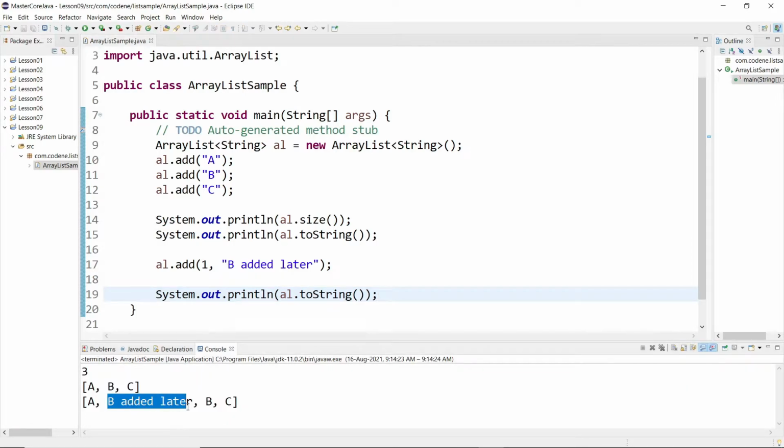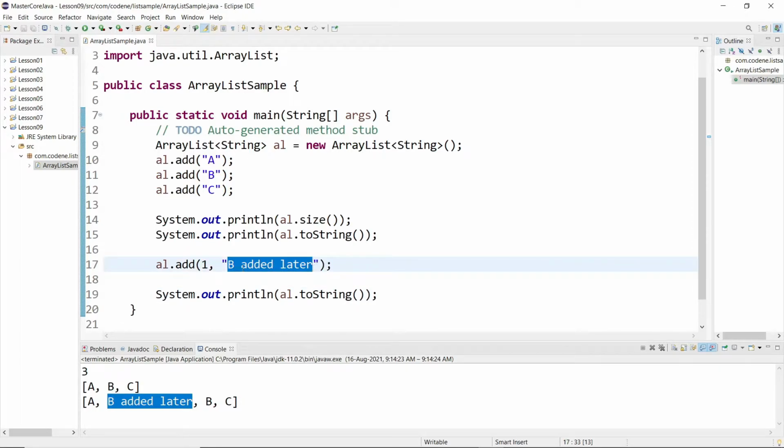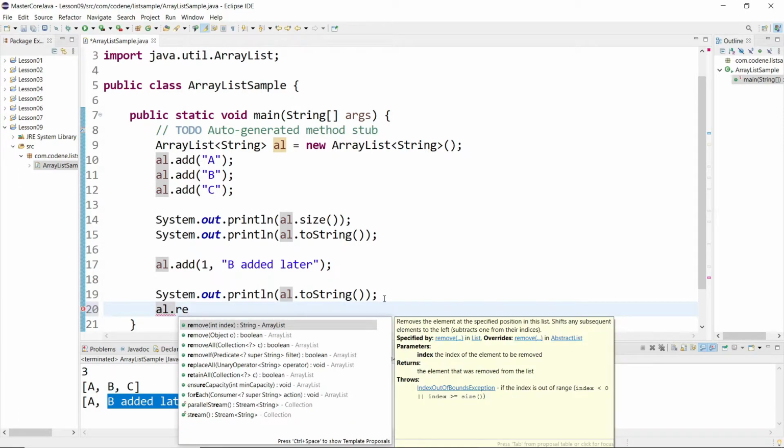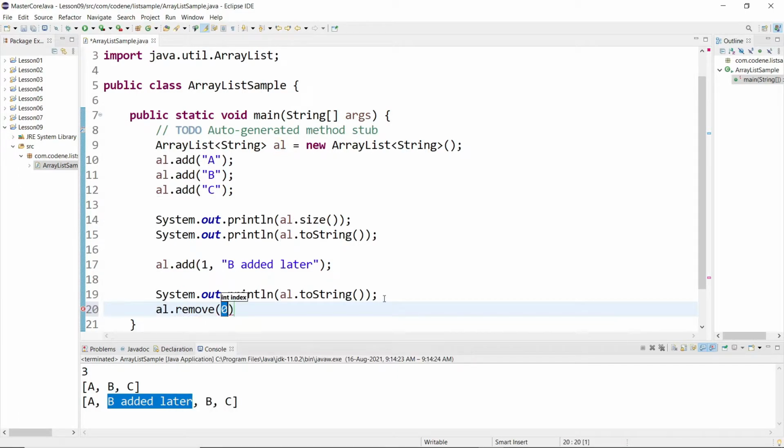So the element that is added later means at index 1 I have changed the element to this string. Now there are other ways as well. You can remove an element at some index.